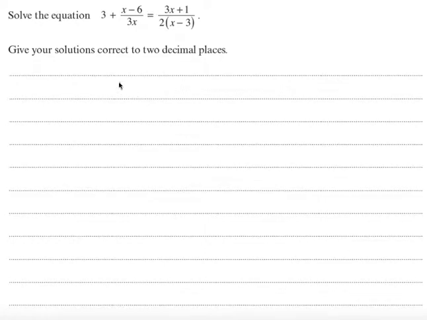Solve the equation 3 plus (x minus 6) over 3x equals (3x plus 1) over (2x minus 3). Okay, to start this off, what I want to do is get rid of the denominators of